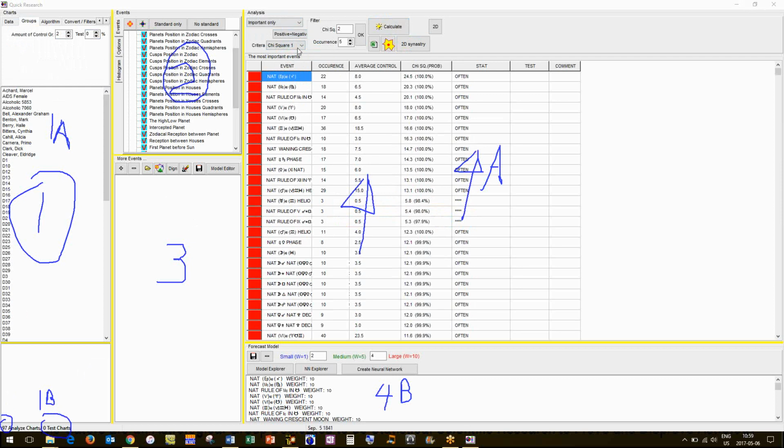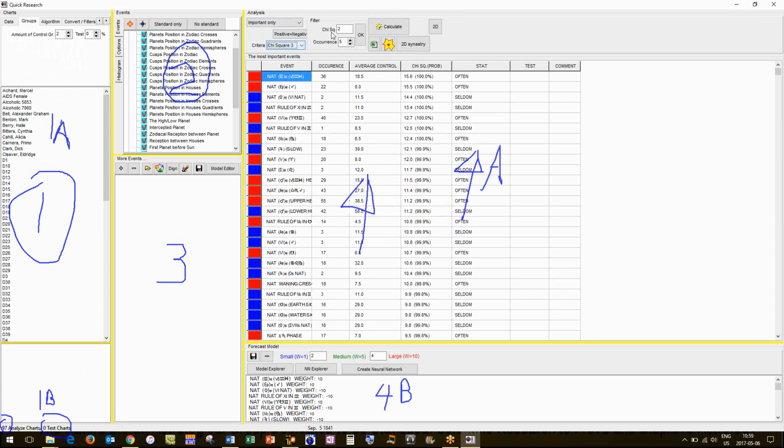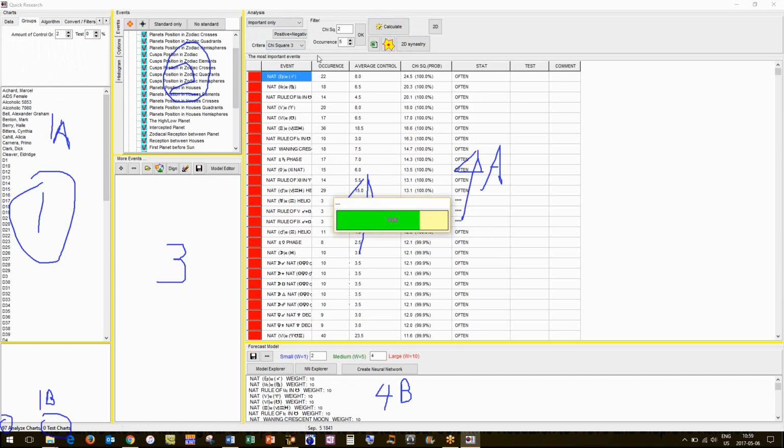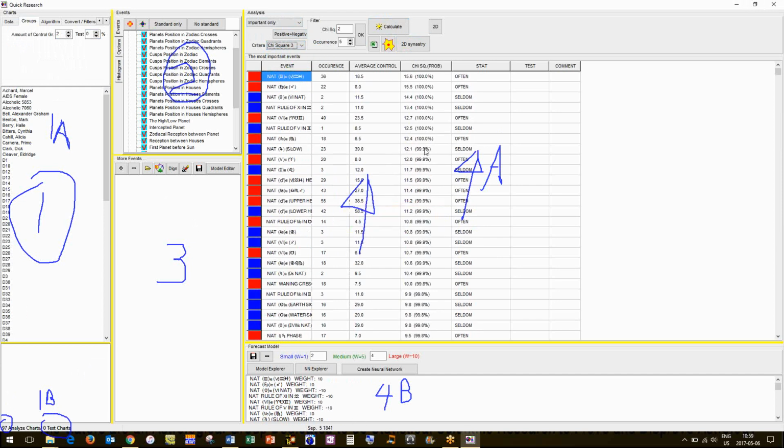So, because we have a small group, we use chi-square 3. Now that's different than this chi-square, and I'll show you in a second. Chi-square 3 is for small data sets. Chi-square 2 you would use maybe if you had more than 500 or 700, and chi-square 1 more than 1,000 pieces of data in here. And then there's other Z1, Z2, Z3 over here as well. But we generally work with chi-square, the chi-square models. Now, I've set this to chi-square 3.